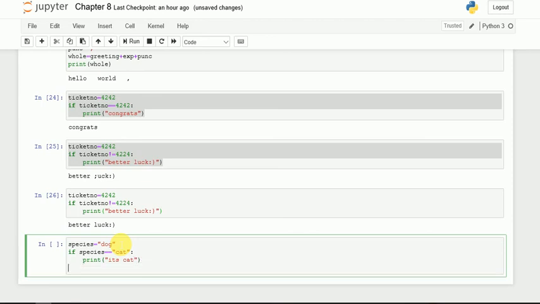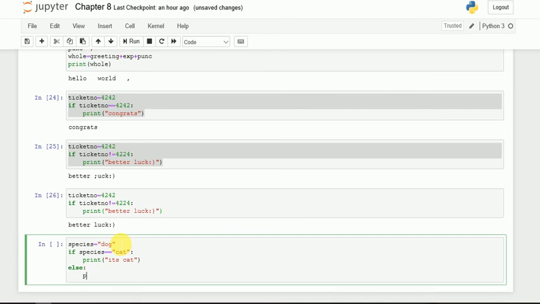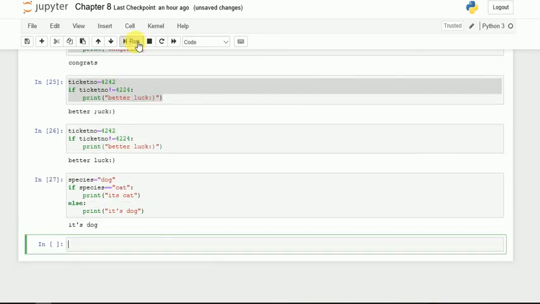Else colon, print it's dog, right? Let's run and check whether we are right or wrong. Yeah, it's dog, right? So friends, here I have given you a demo of that.